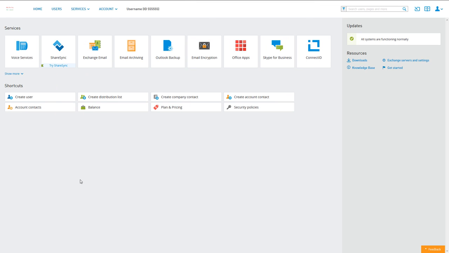Call recording is an optional feature that records both sent and received audio on any calls to or from your company. In order to utilize call recording with your service, you will need to enable the feature from your voice services control panel. To access the call recording options, log into your control panel and click on the icon for voice